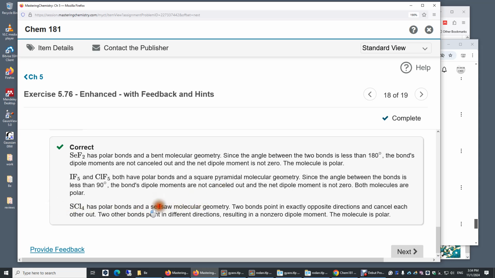Alright, this one is a seesaw. Why seesaw? Well, actually there are 5 electron groups surrounding sulfur. One is a lone pair, the other 4 are sulfur-chlorine bonds. 2 bonds point in exactly opposite directions. They do cancel, but then 2 other bonds point in different directions. The 2 other bonds form a roughly 120 degree angle. Alright, not exactly 180, it's around 120, so they do not cancel. This molecule is